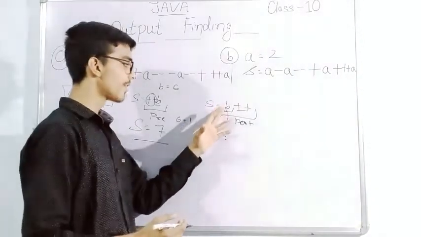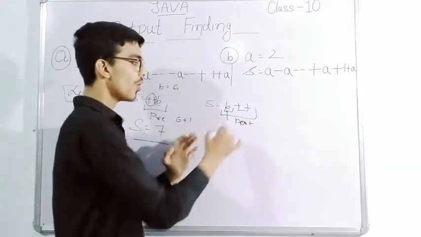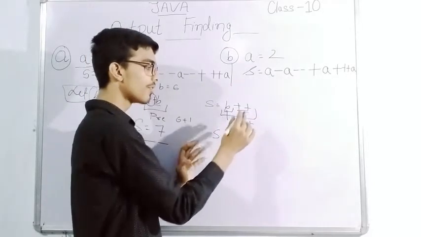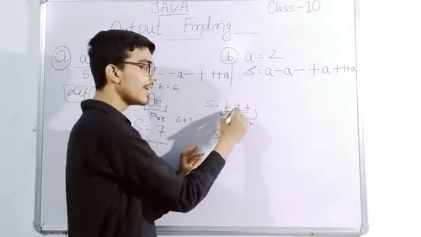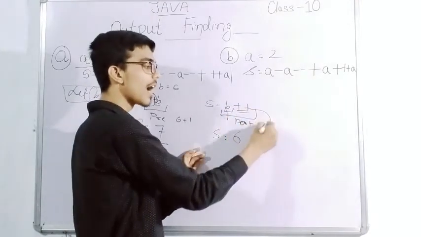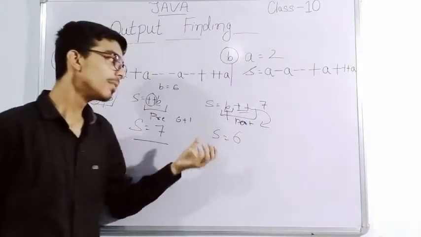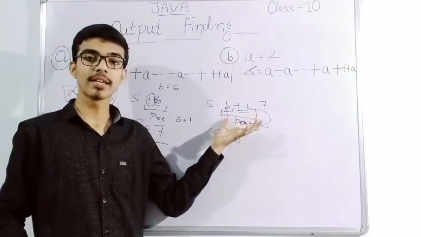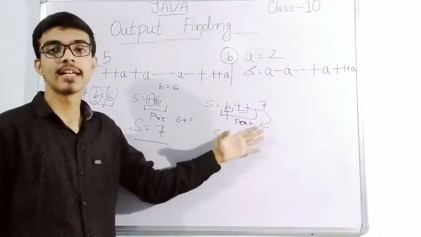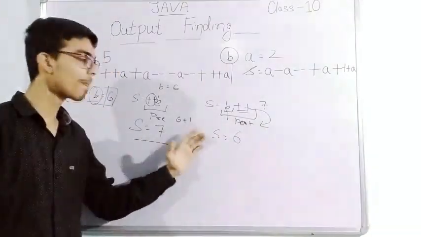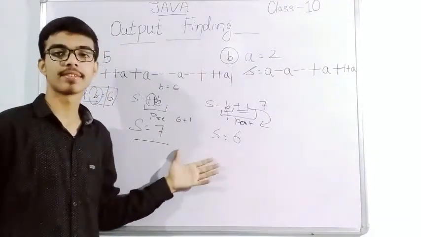So first, here b is equal to 6. So b plus plus is afterwards, so we will not increase it now, we will write here 6, and if this b is needed afterwards, then here it will be 7. Means the value of b is 7, but we are writing 6 because the operator is postfix. So copy this down. This is a very good example of postfix and prefix.